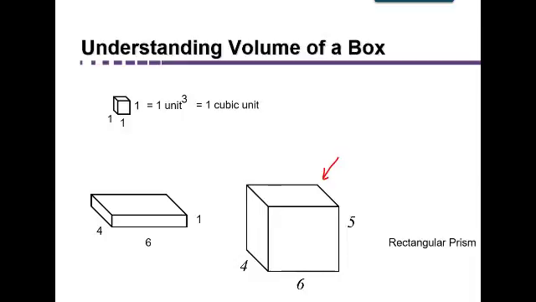I'm going to start by breaking the box down into layers basically, and figuring out in each layer how many 1 by 1 by 1 cubes are in that layer. If we had a slice of the box that was only 1 unit high here on the left, then imagine filling the box with cubes that are 1 by 1 by 1. Since the front dimension is 6, we could fit 6 cubes across the front, and we could fit 4 cubes down the side. So if we were to continue this,